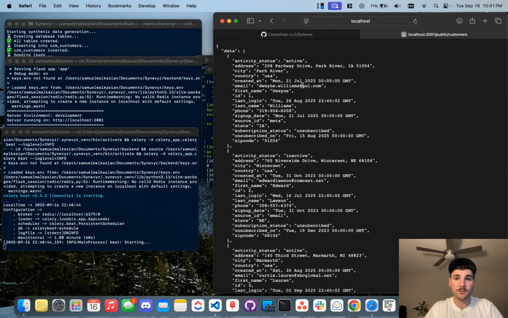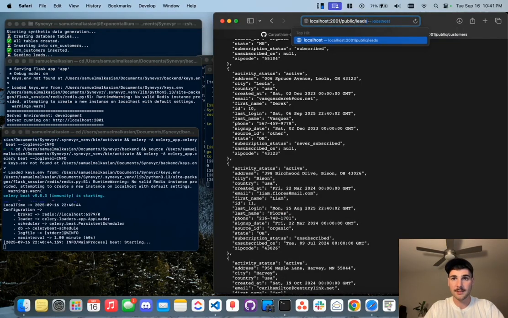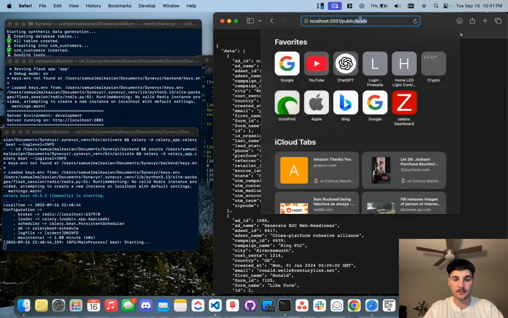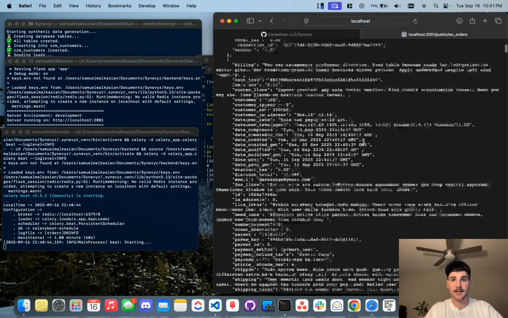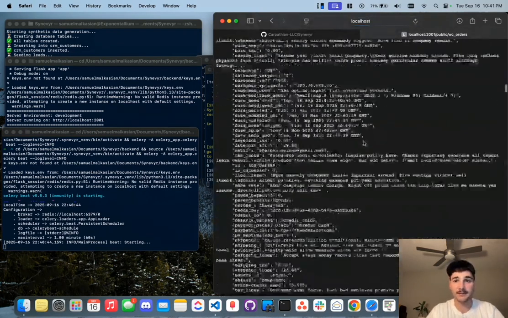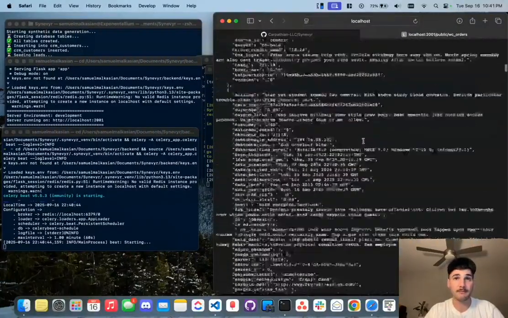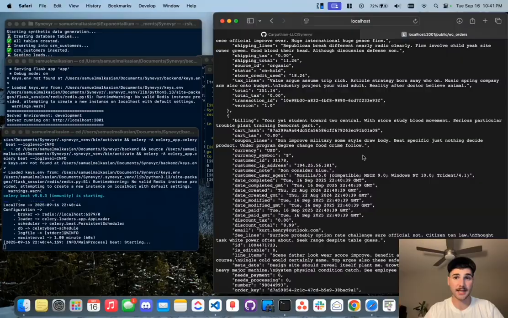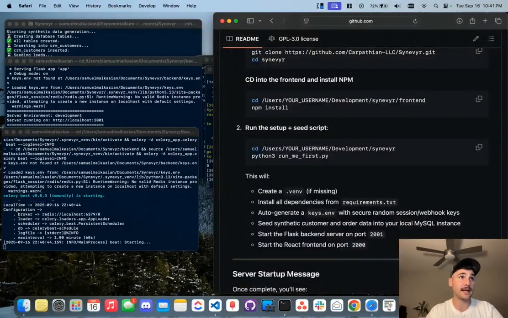All right, so this is what it's going to return, whether you're pulling the customers, leads, or WooCommerce orders. There's all that data. This data is publicly available. Anyone can use it. It's going to be generated unique, but again, made to model actual customer data that I've seen when working with my own clients within the data analytics